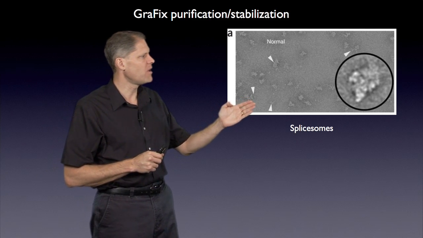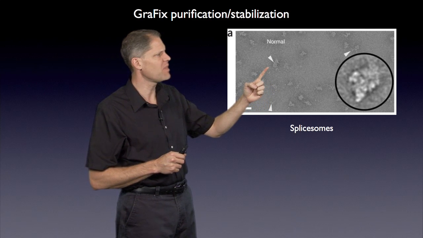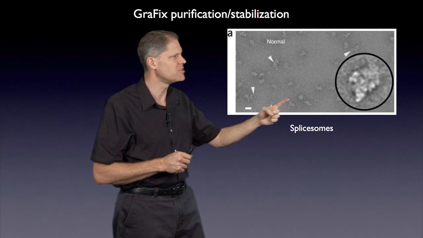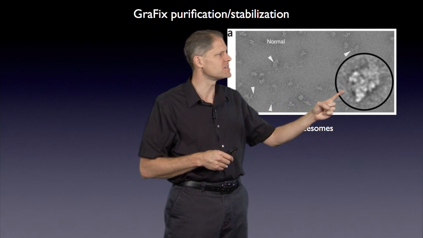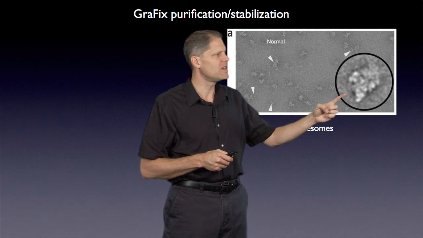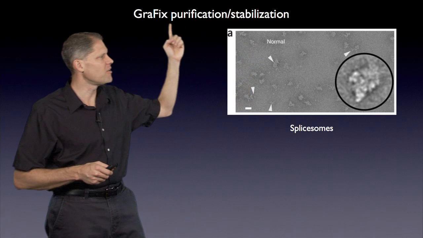Here's an example of spliceosomes. If you can see the individual spliceosomes, the images aren't very crisp and they don't look so homogeneous. And in fact, if you do a class average, we'll talk about class averages in a second, you get a result something like this. And it was because of this that Holger Stark's group invented a method that they called